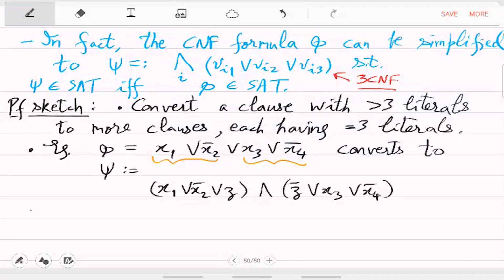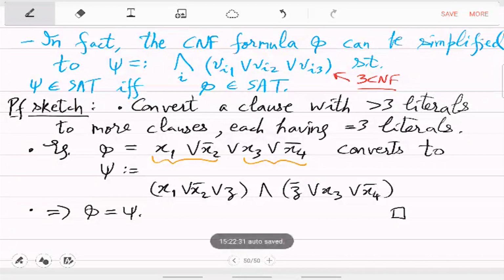So just check that phi and psi are indeed the same. Okay, because if both these clauses are true, it's an and, right? So both these clauses are true. So if suppose z is 0, then it means that x1, x2 bar part has to be true. And if z is 1, then it implies that x3, x4 bar part has to be true. So we have broken it into two cases. It's basically a case analysis. So in this way,